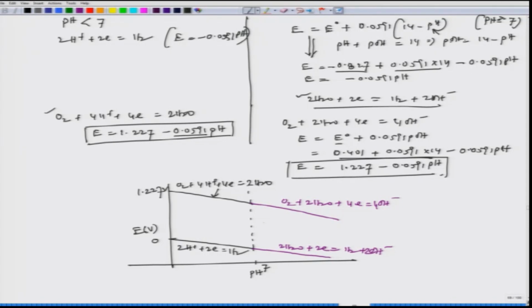Now, these four lines are to be clubbed with the nickel Pourbaix diagram, those nickel lines, then it will be a